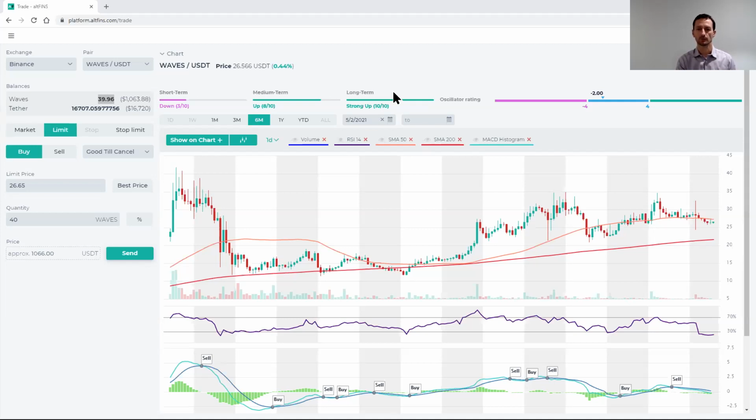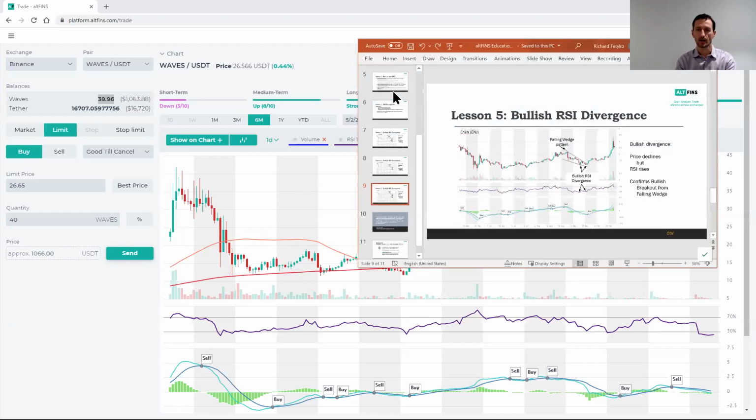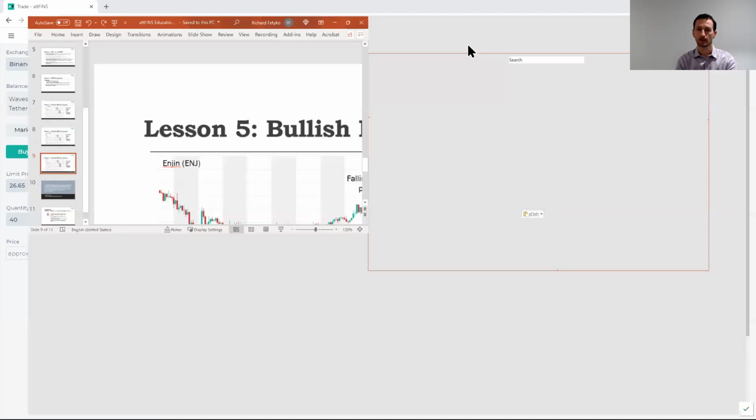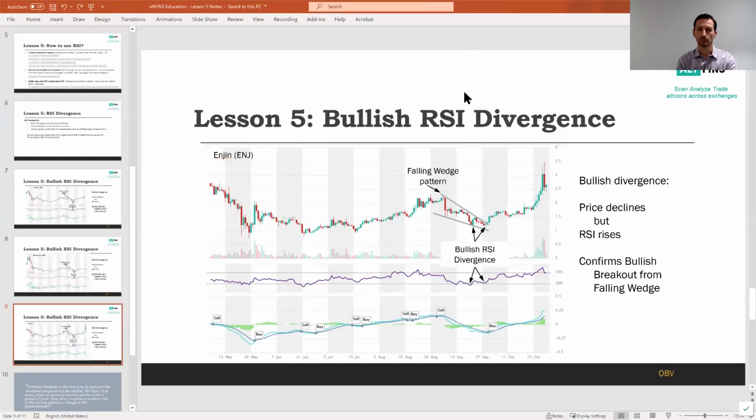All right, guys, well, that wraps it up. Those are the 4 strategies for how to use RSI in your trading. I believe that will help you greatly in finding the right entry levels. And if you build those custom filters that we've gone through here, and save them, and also create an